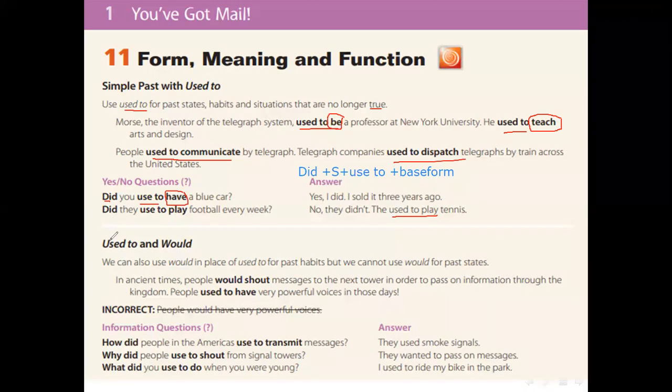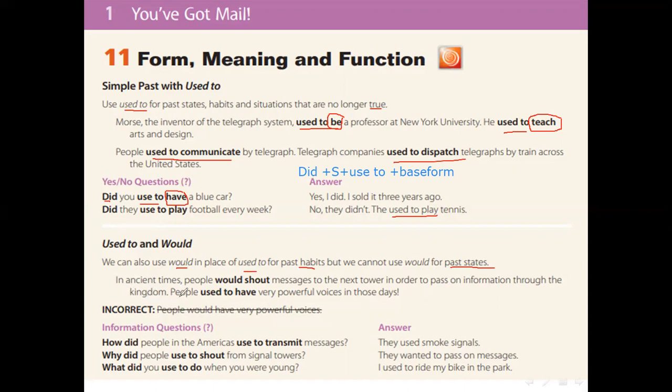Now, used to and would, they have the same meaning. We can also use would in place of used to, but for what? For past habits. But we can't use would for past states. Pay attention. For example, in ancient times, people would shout messages to the next tower in order to pass on information through the